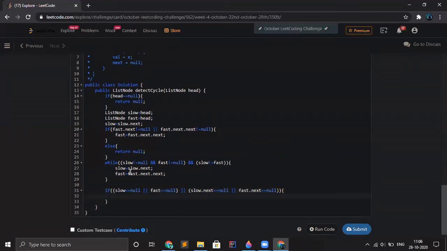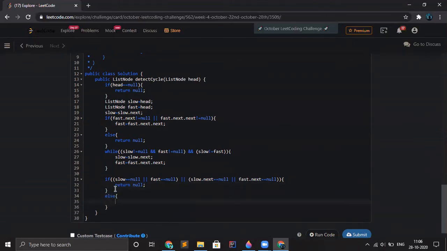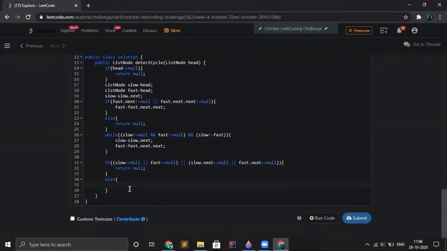If this is the case, then we can simply return null. Else, the loop has broken because slow is equal to fast.